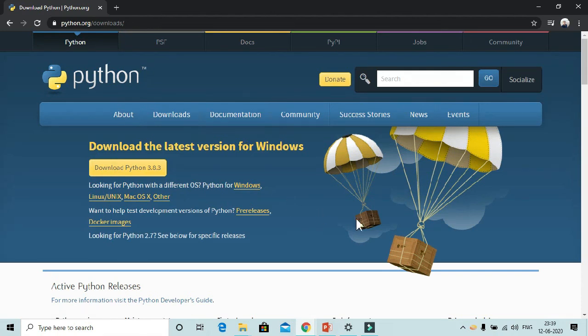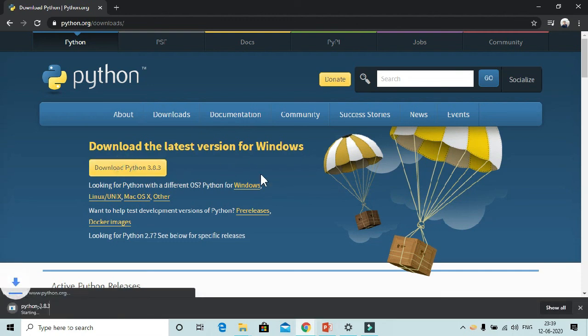So you will land on a page that says download the latest version for Windows, and you can also select a different version for the operating system which you are using. Currently we are using Windows, so we will click on download Python. The setup is not too long, it is around 25.5 MB, and if you have good bandwidth, it will take around half a minute. So let's wait until it is finished and we will begin installation after that.